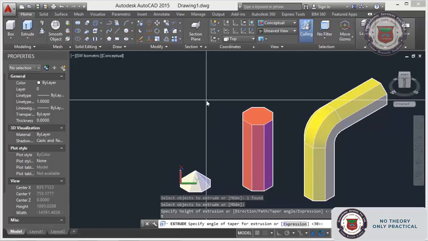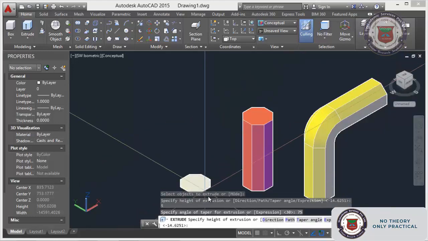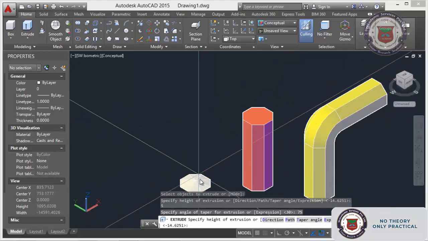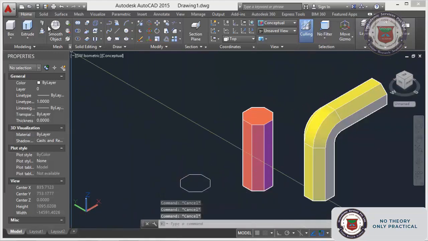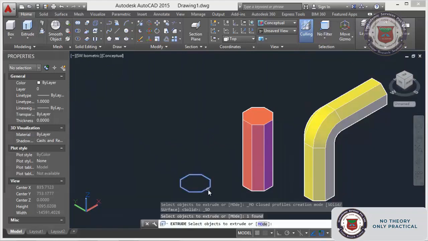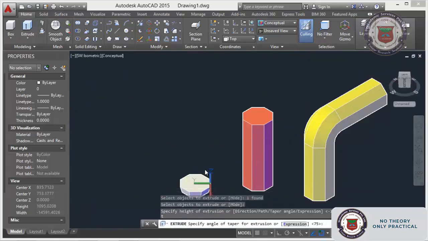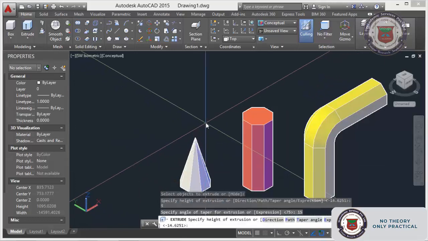For that one I am making 75. Sorry, just select, enter, taper angle, enter, not 75, I am giving 50, so that you will get the difference.